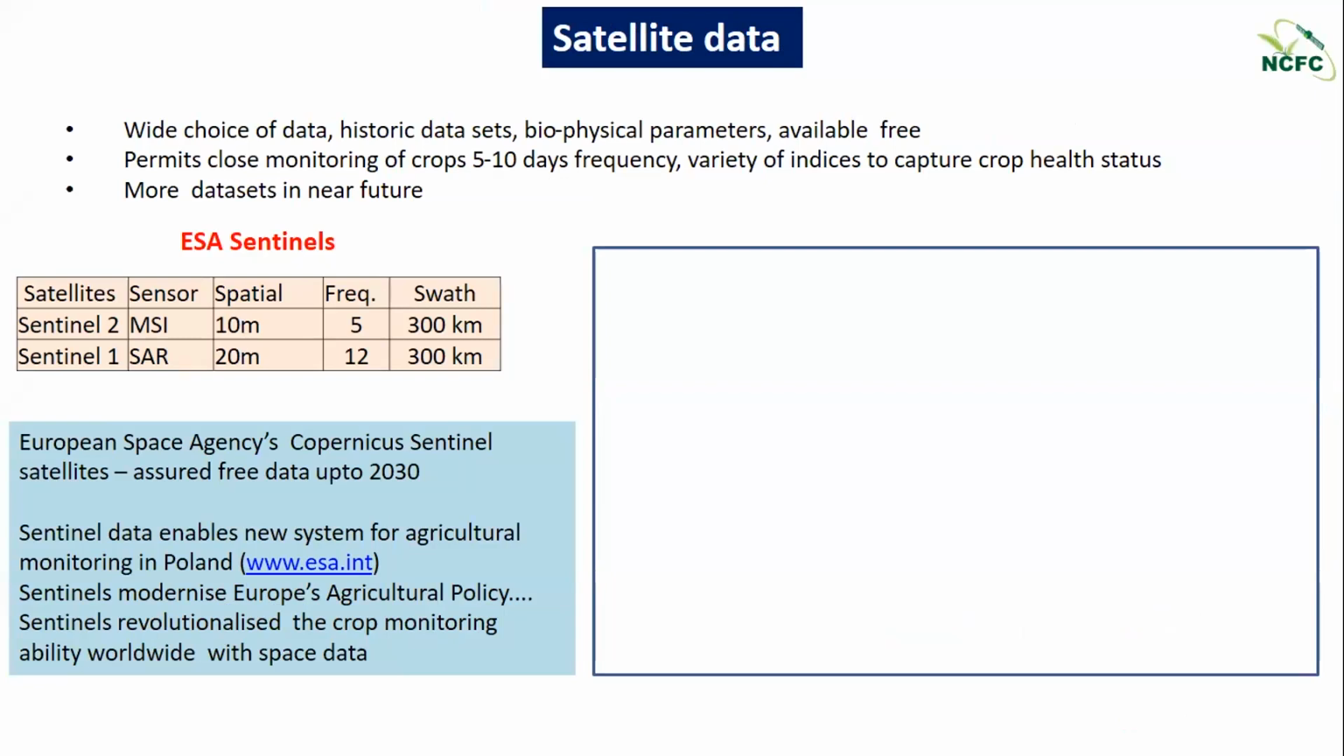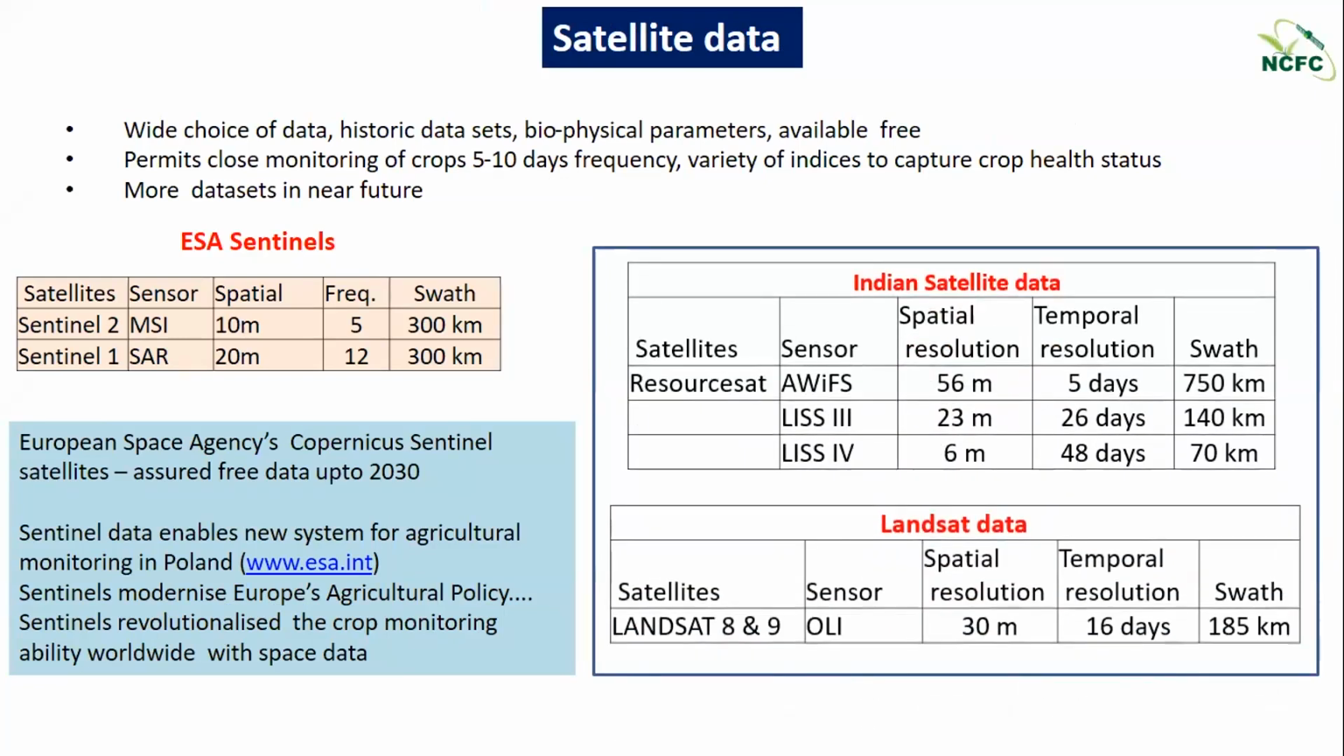So these are some of the data sets which are available. Like I talked about Sentinel-2, 10-meter data every 5 days, Sentinel-1 SAR, every 12 days, 20-meter data. It should be 10-meter, and swath is 300 km. And we have Landsat legacy data from 1970, but recently the Landsat 8 and 9 OLI sensor is there, 30-meter every 16